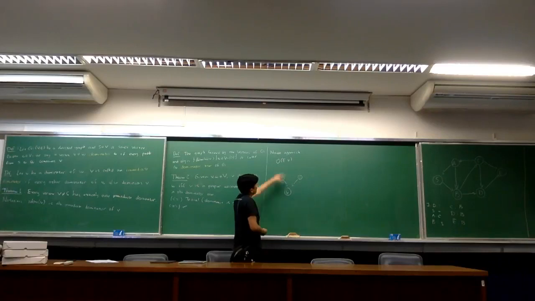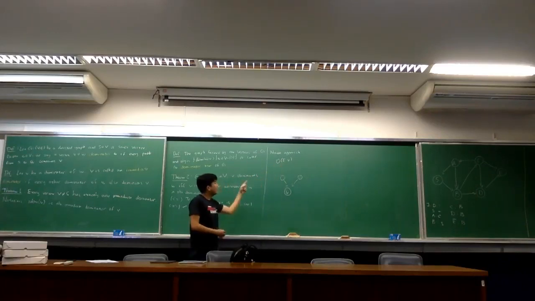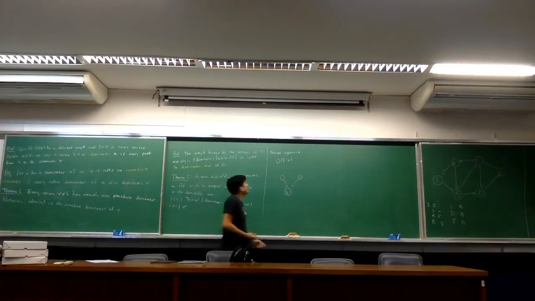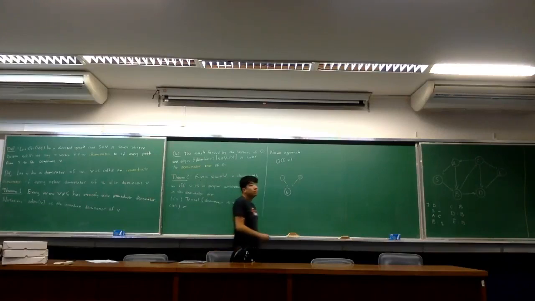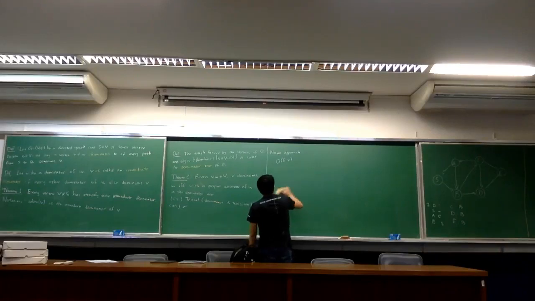So the first step of the algorithm runs in E times V time. That's V minus 1 DFSs. And the second part runs in V squared. You can check in linear time for each vertex which dominator is the immediate dominator. Okay. But we want to do better. E times V is too slow.